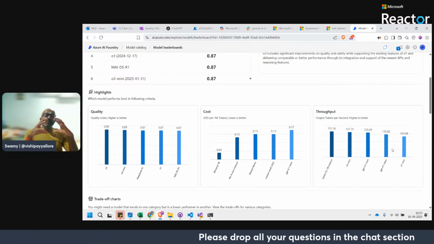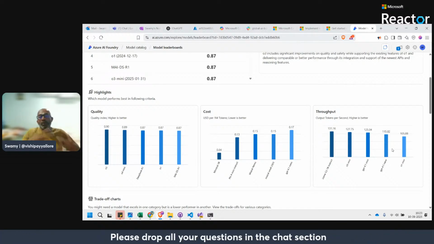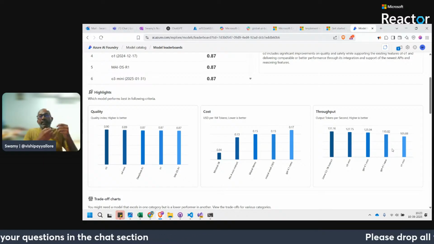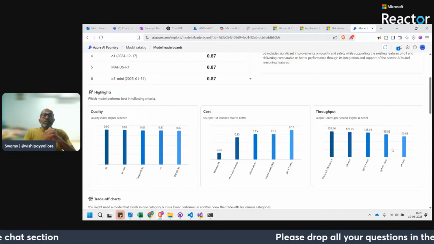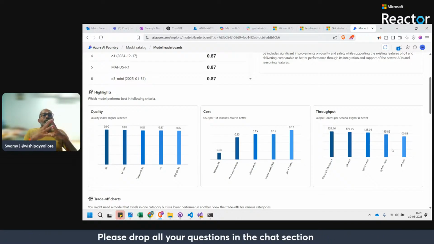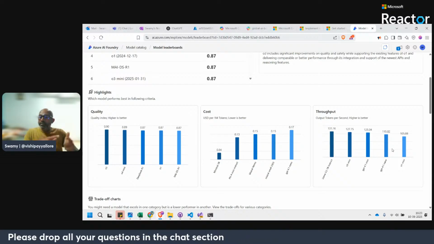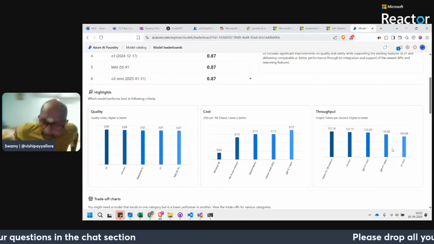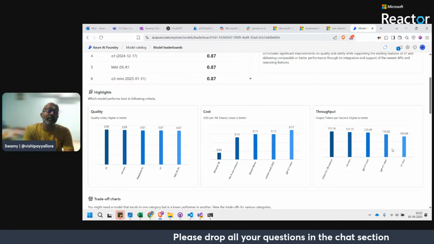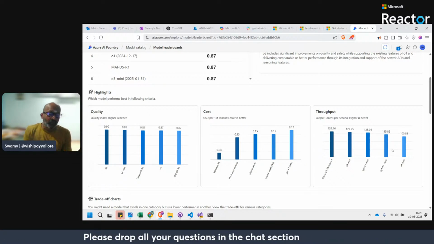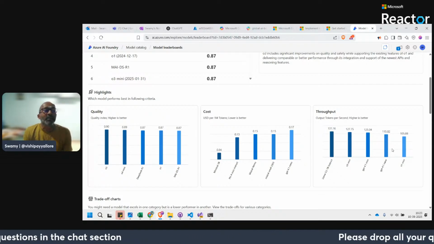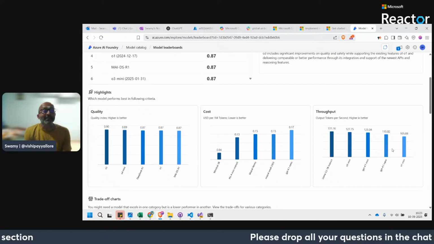So here what is happening is you have a model which is coming a little cheaper, and the quality index is slightly lesser than the other models. So now it's up to us and the business unit to decide whether we can go ahead with this model, because it's coming cheaper, and maybe we are using it for some project which might not need that much quality index.